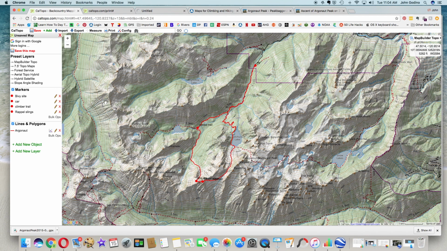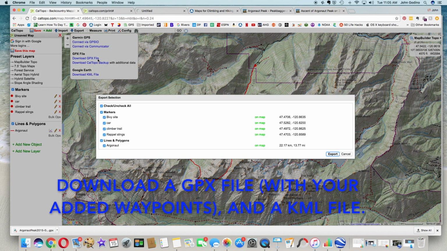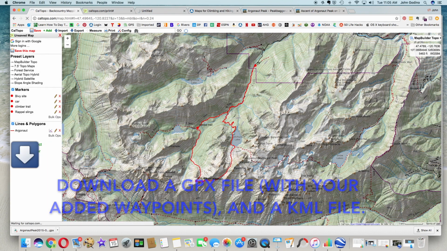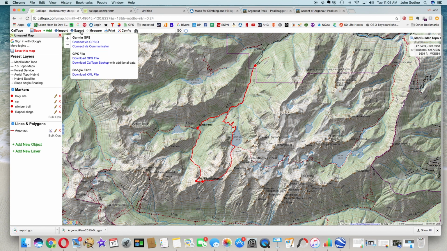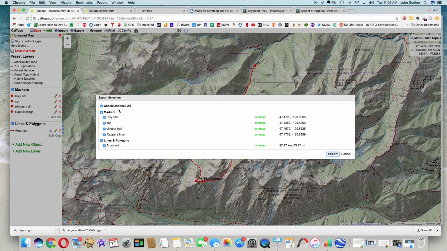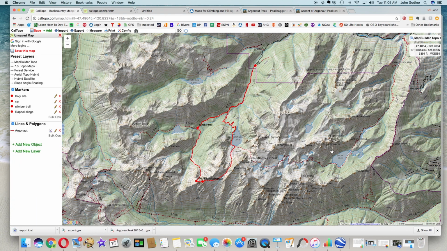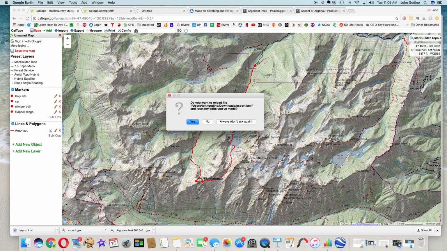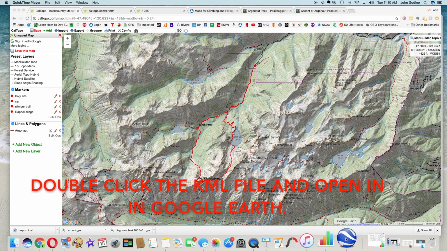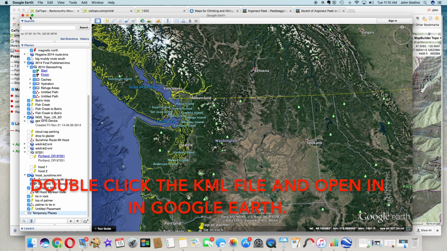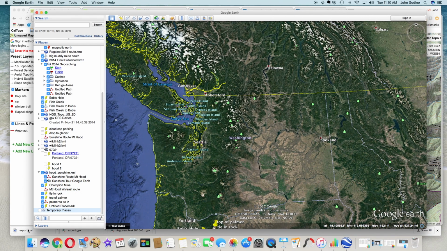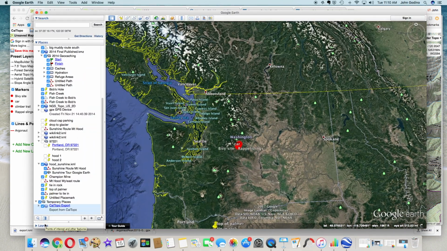We now have a route, with a few additional marker points that we've drawn in. So let's export that via a couple of different file formats. Export, download GPX file, click on everything, bam, that goes to our downloads folder. Let's also export a KML file that's viewable in Google Earth. I think I've got Google Earth open, and if I double click on the KML file, okay, I think Google Earth has awakened. So if we launch that and also double click on the KML file that we just created in Caltopo,